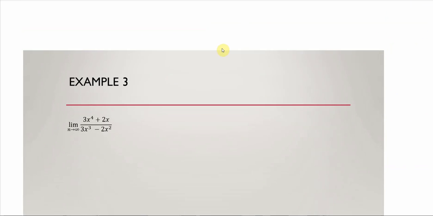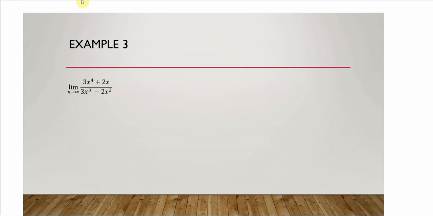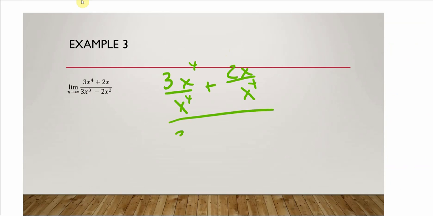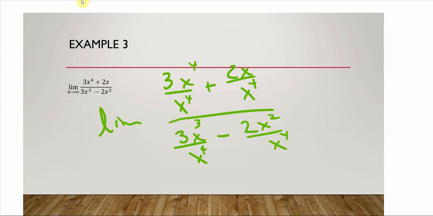In this case, let's look at this problem and we're going to find out that the biggest power that we have is x to the 4th. So I'm going to divide everything by x to the 4th. So I'm going to have x to the 4th plus 2x over x to the 4th, over 3x cubed over x to the 4th minus 2x squared over x to the 4th. Oops, this should have been an x here. In this scenario, this is going to reduce to 3 plus